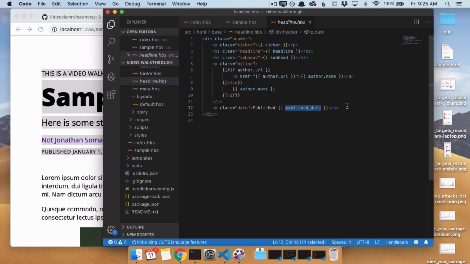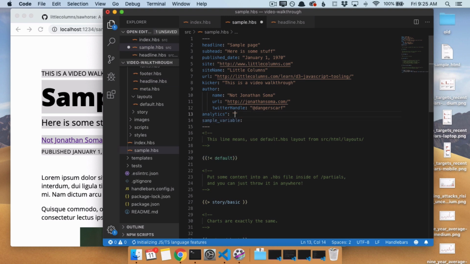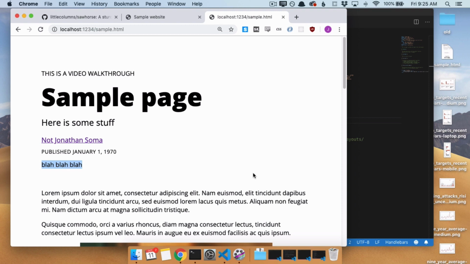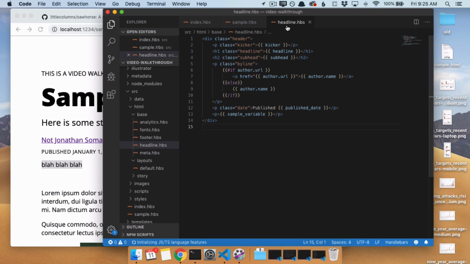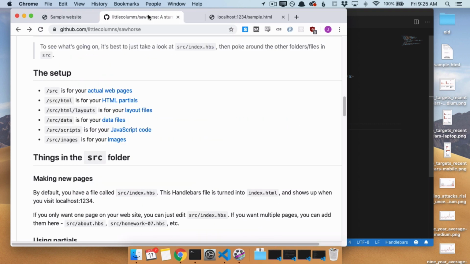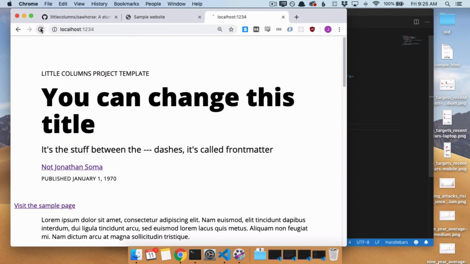So if you wanted to add more variables here, I could say p sample variable here. And in order to make it show up, I could just add sample variable, blah, blah, blah, save, refresh, and now blah, blah, blah shows up at the bottom. And because I'm editing this handlebars template here, headline.hbs, this is included on every single page. So if I refresh here, oh, no, that's the one on my desktop. If I go back to the index page and I refresh,